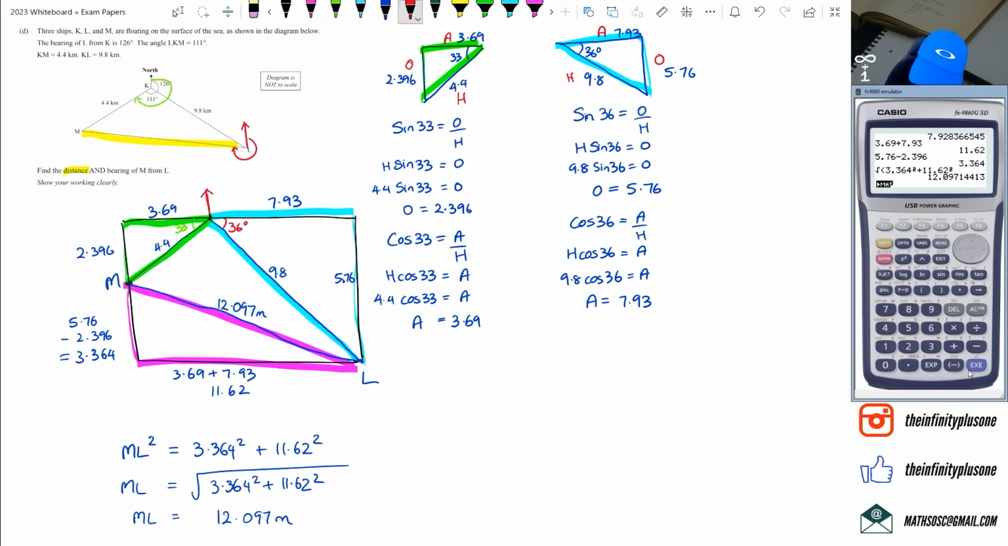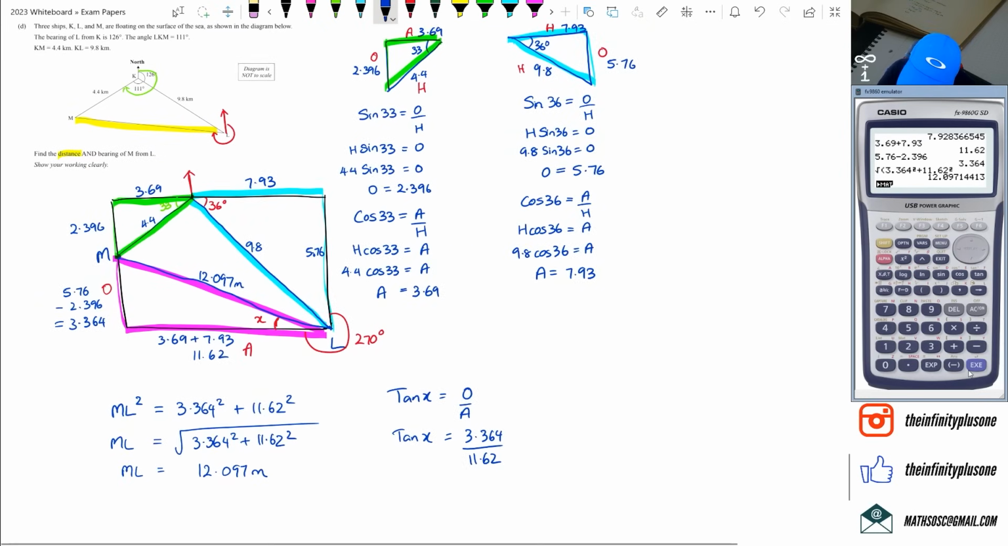Now to figure out what the bearing is, remember that I've already got 270 degrees up to here, and I need to figure out what this angle X is. And once I figure out what that angle X is, then I can add it up and I'll have my bearing. Now to figure out the angle X, I am going to use this as opposite, this as adjacent. So I've got tan of X is equal to opposite over adjacent. So tan of X is equal to 3.364 divided by 11.62, and then X is equal to inverse tan of 3.364 divided by 11.62, and I'm going to get what X